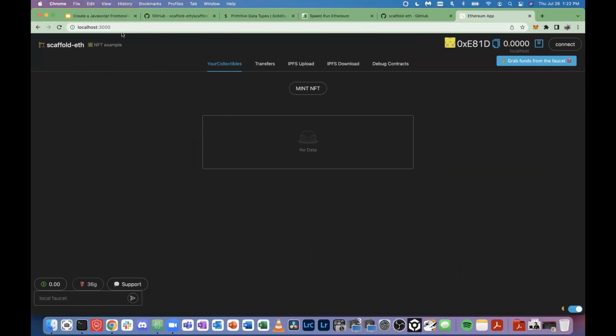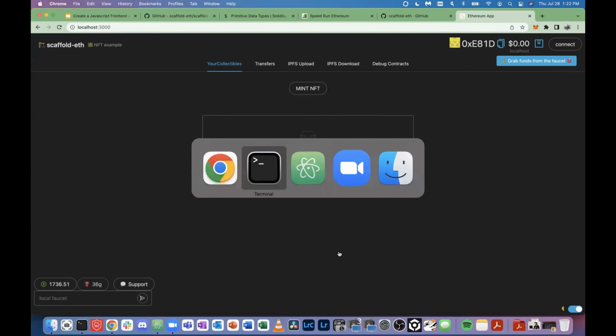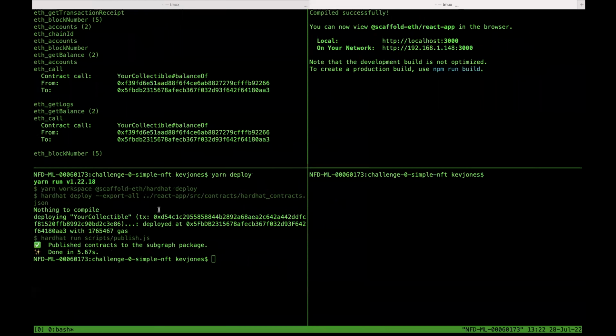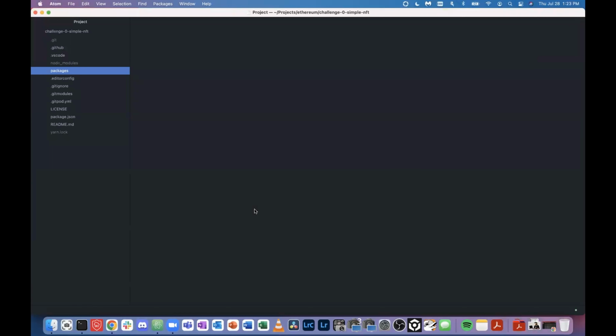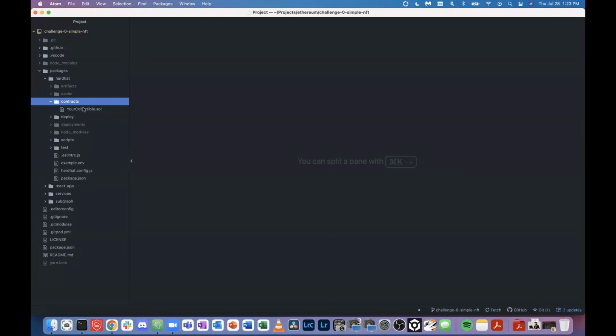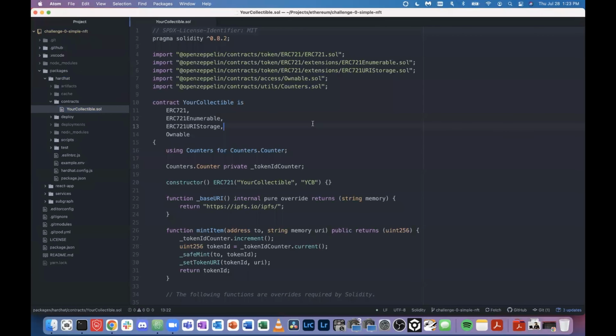Okay. So now we're in a completely new branch of Scaffold-ETH. And this is the core of what I want to talk about today. You've got a second to look and see how Scaffold-ETH is built. So now that we have a copy of this version, we can see that some things have changed. So let's close this version of Atom, open up this branch of Scaffold-ETH, and see what's different. Particularly inside the Hardhat directory, inside the contracts, we have what's called YourCollectible.sol,